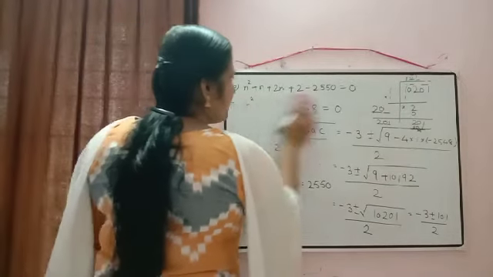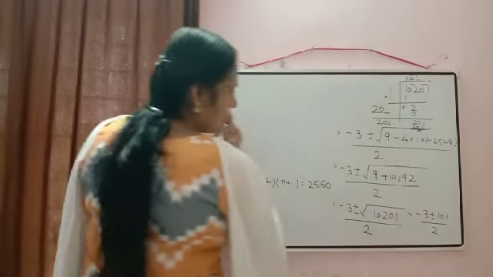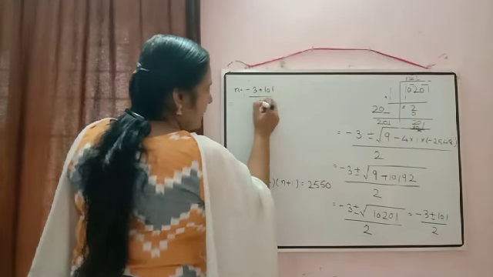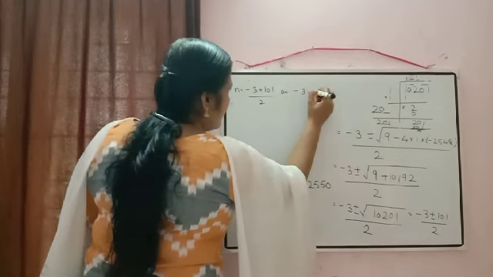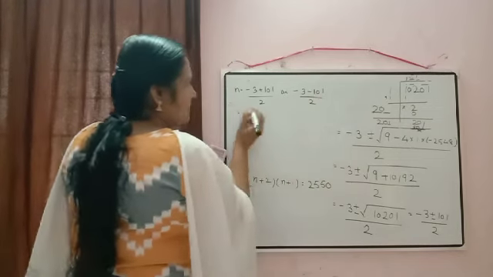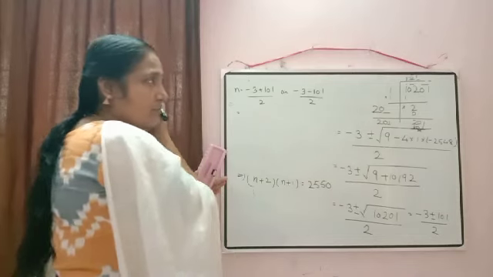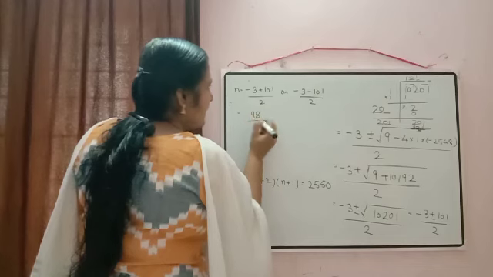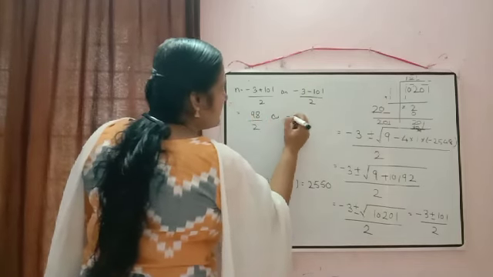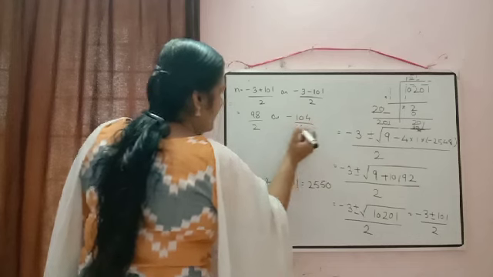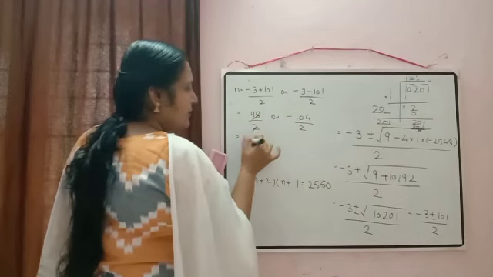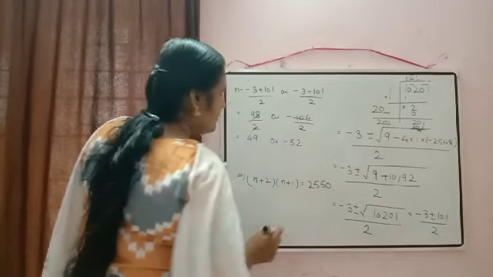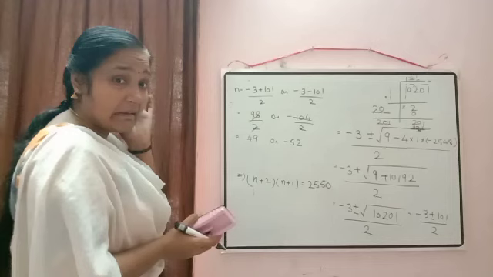Now first we can take the positive value and then the negative value there. So what will come here? n is equal to minus 3 plus 101 by 2 or minus 3 minus 101 by 2. 101 minus 3. So that will be equal to how much? 101 minus 3? Yes, 98. 98 by 2, or here it will be equal to minus 104 by 2. 98 by 2 will be equal to 49, or here we are getting minus 52. Two values we are getting. Which one will we take there?